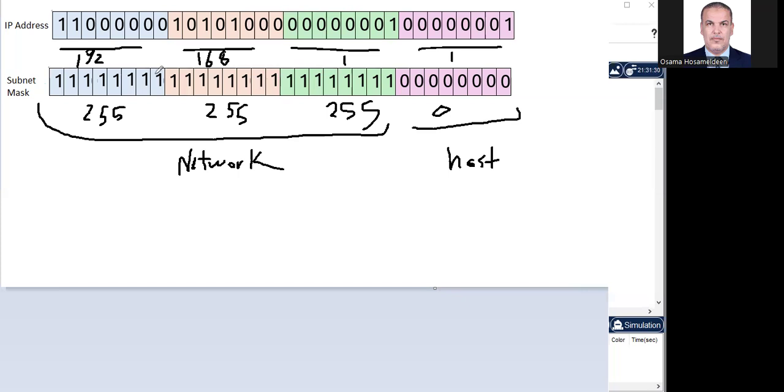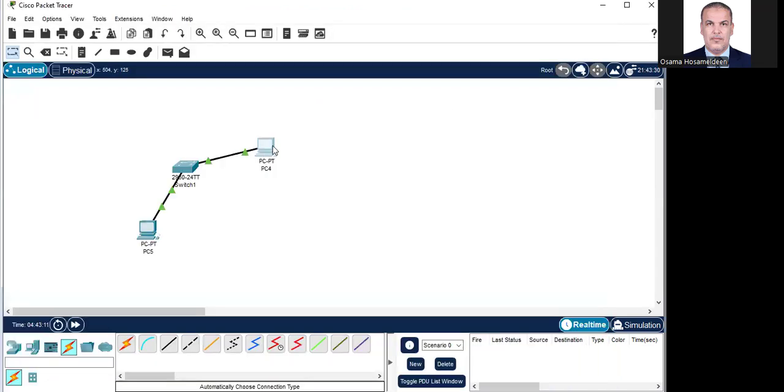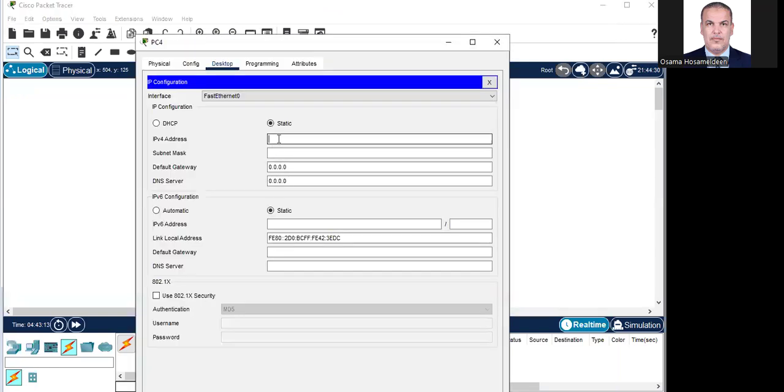Okay, we understand now how to convert the IP address from binary to decimal. And we understand now how to convert also the 255, the subnet mask, and why we have a subnet mask. The subnet mask is important to define the network portion and the host portion. Okay, so return back to the Packet Tracer and continue with putting the